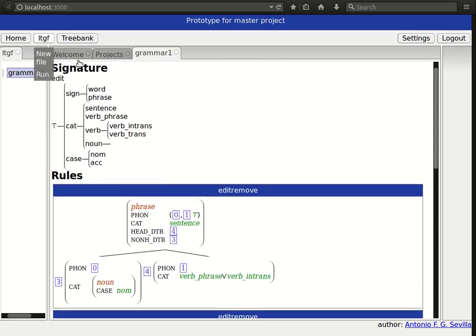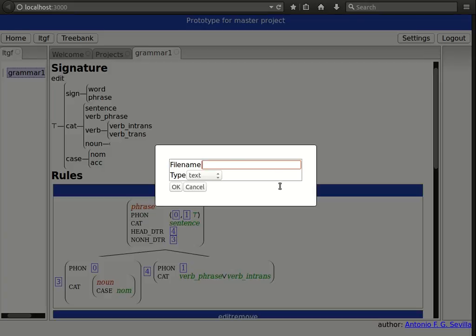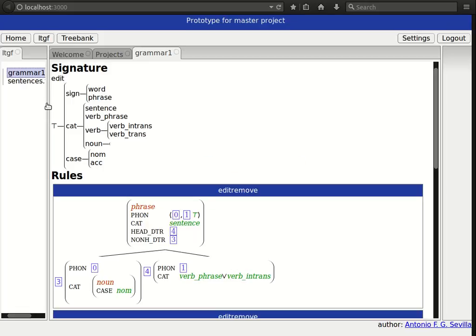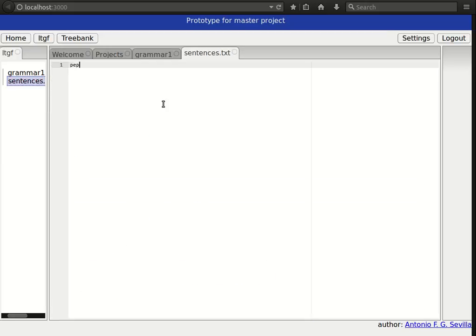So we click on LTGF on the top left, and we click on new file. This one is a text file, and we'll call it sentences.txt, for example. Double click it and add the two sentences that we want. So the first one, the intransitive one, and the second one, the transitive one, for example. And now we need a configuration file, new file,